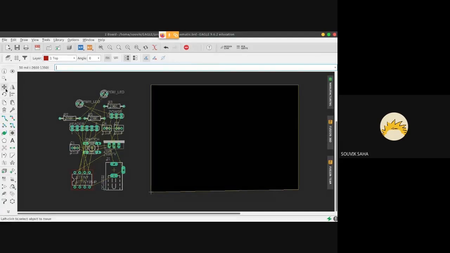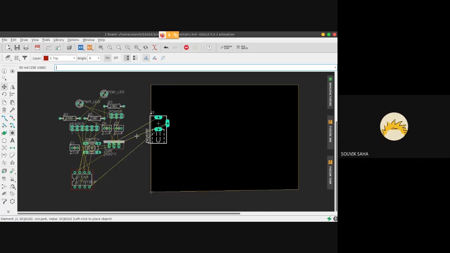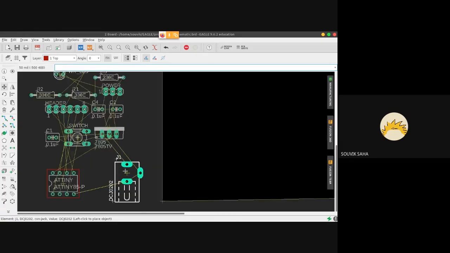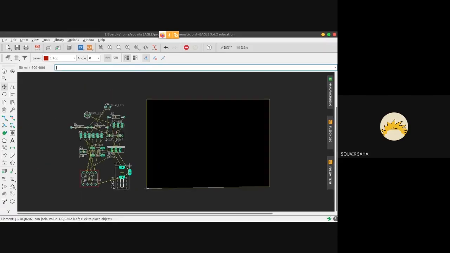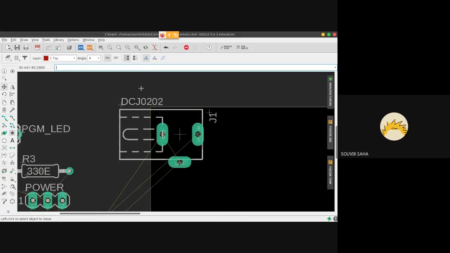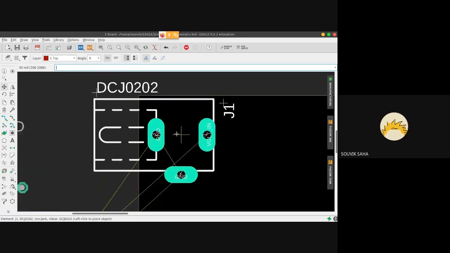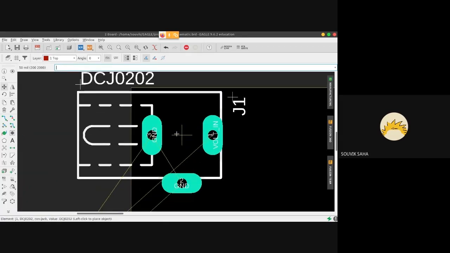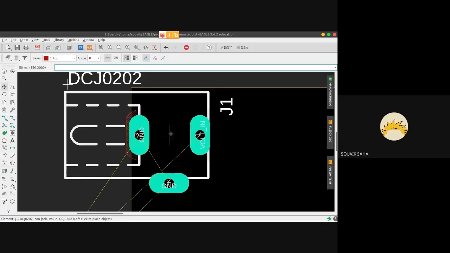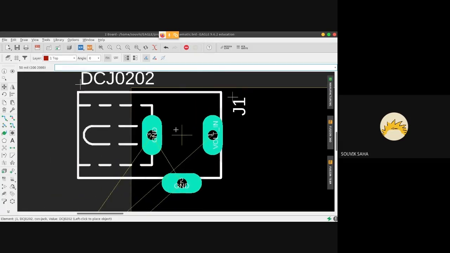For our input, first of all, we have the power. I want everyone to select DCJ0202 and place it roughly over here. Somewhere in the corner will be good enough. I want everyone to make sure that if the pads, that is the green solder pads, are going off the board, you'll get these red hashed lines over here, if you can notice.